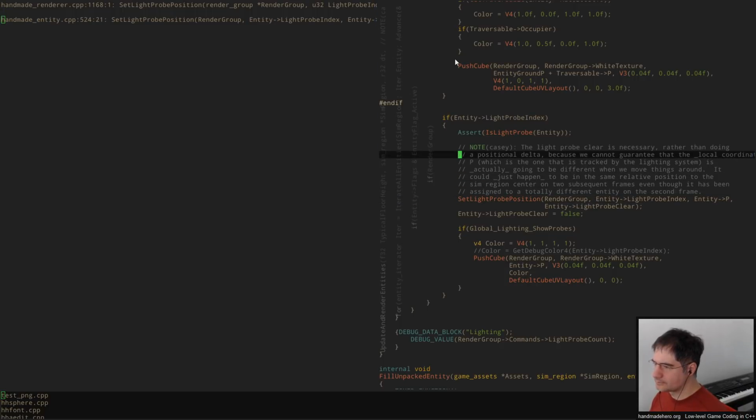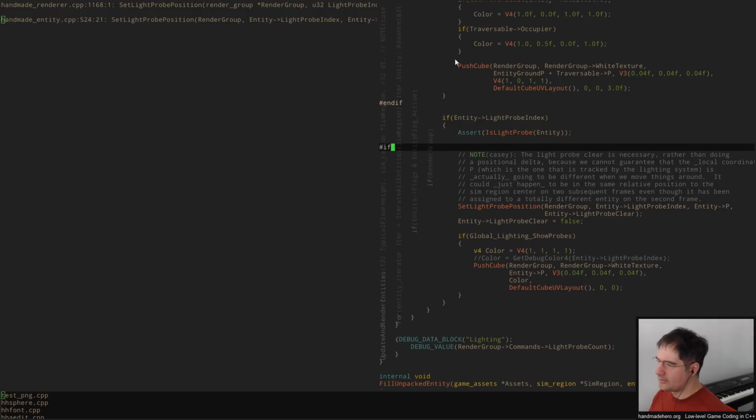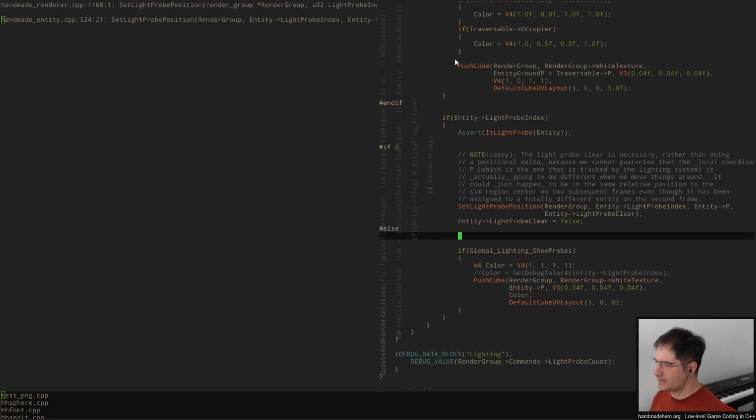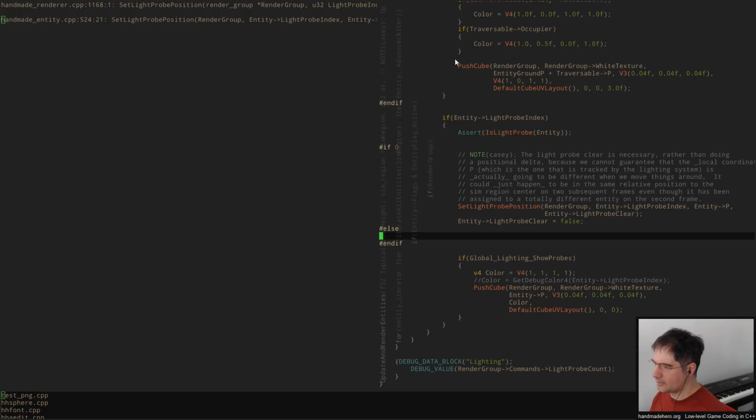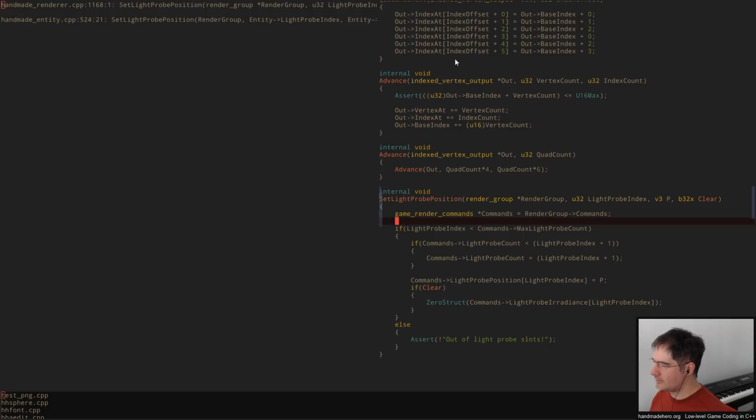So we don't want any of this light probe clear. We want none of this stuff, right? So we're going to say no to this. And instead what we're going to do is say push light probe, render group, entity P. And the only thing this will do is basically ensure that there is a light probe at that location, right? So then we're going to take the set light probe position, and we're going to leave